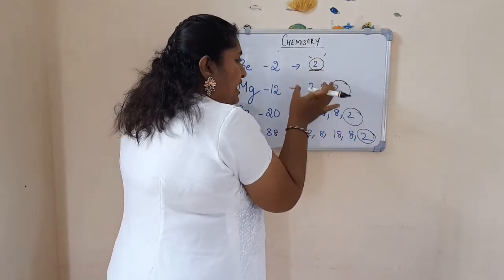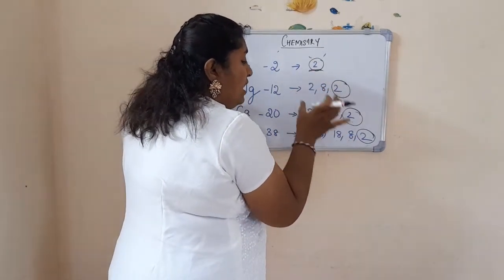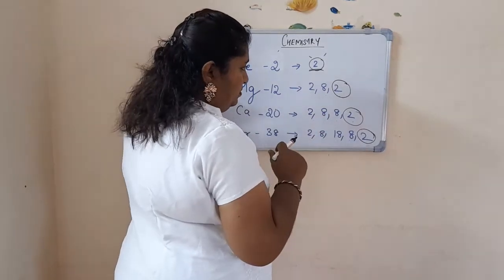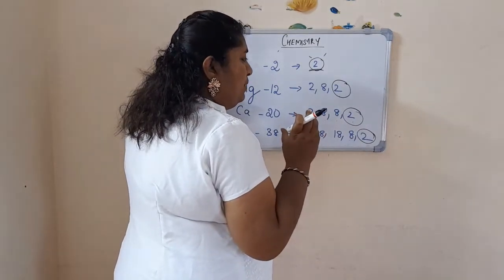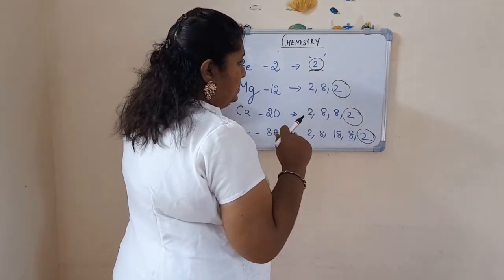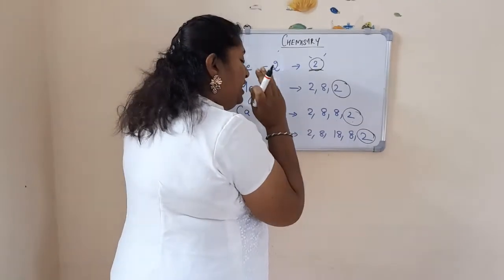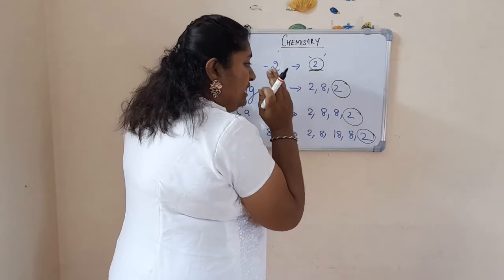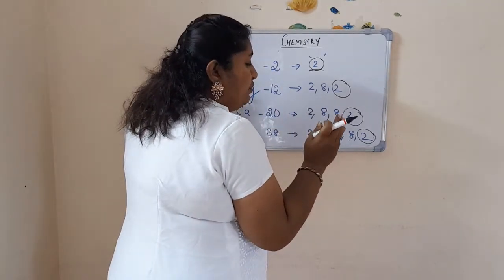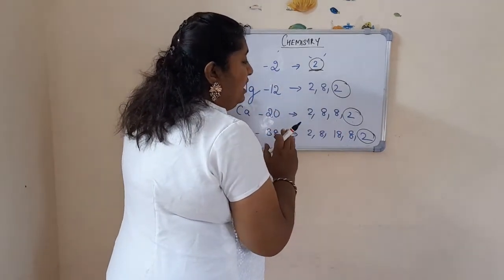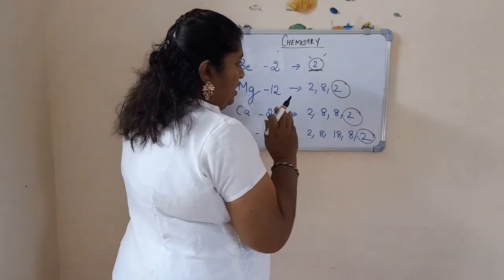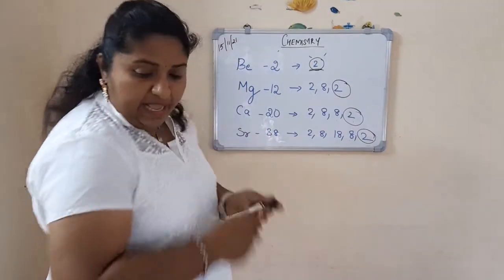From this we can understand that the number of electrons in the outermost shell will tell you the group number of the element. So for example,